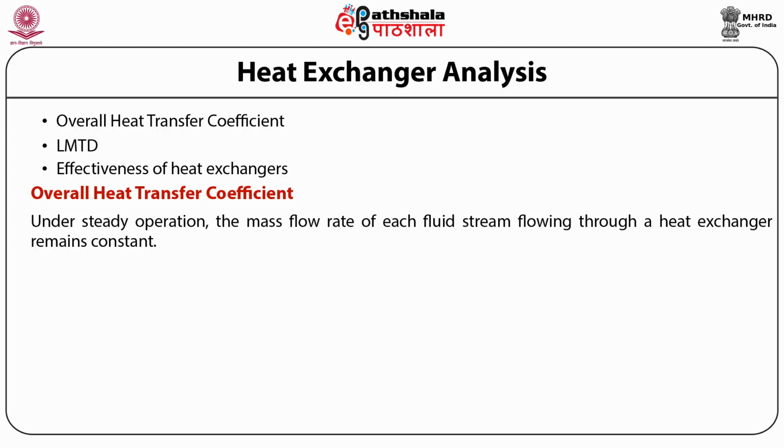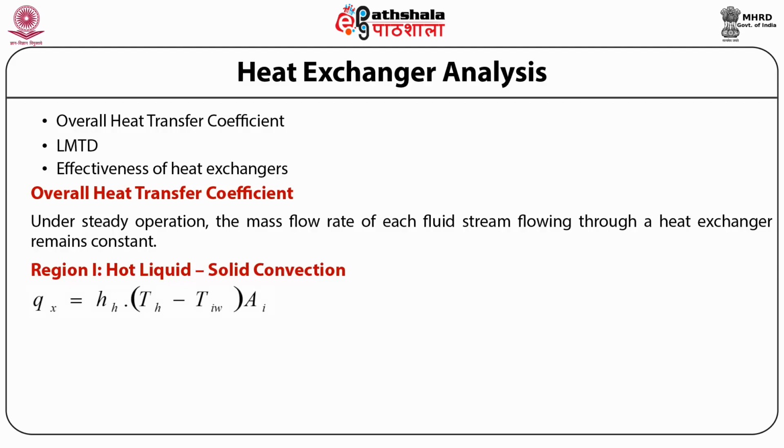Region 1, from hot liquid to solid convection. Then region 2, conduction across the wall, and region 3, solid to cold liquid convection. Now let us analyze each region. About region 1, hot liquid to solid convection, convective heat transfer occurs. The heat flow, Qx, equals Hh into (Th minus Tiw) into Ai, where Hh is the heat